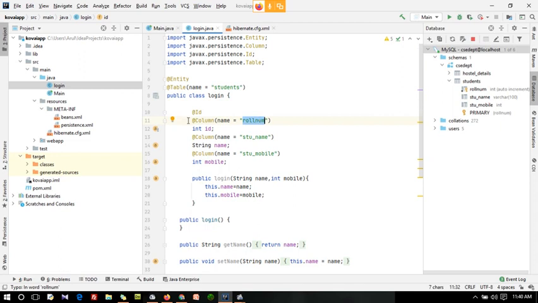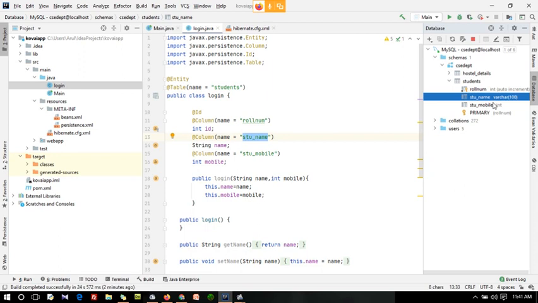This is actually called annotations. In the first topic of our subject we have seen what annotations are, right? Using these annotations we can directly map this to my database using the ORM, object relational mapping concept. The column name equal to roll number, this roll number column is inside my student table. You can just refer to the right side itself. You don't have any chance of making mistakes, guys. And the name also is going to map with the stu name column which is available inside my students table.